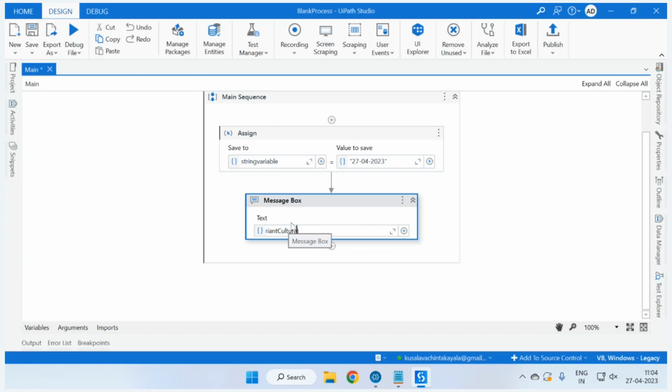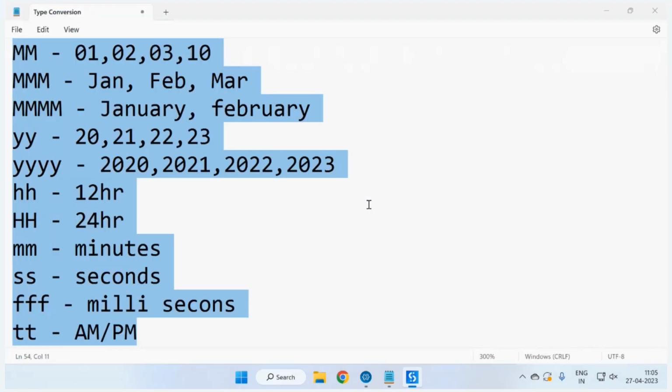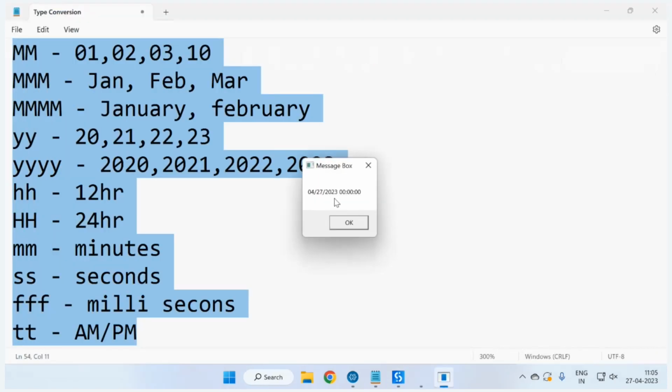Okay, we'll do that. And here, in what format are we getting that? dd space 4m space 4y. This is the format we are giving, right? So first let us run this and we will put that. See here,